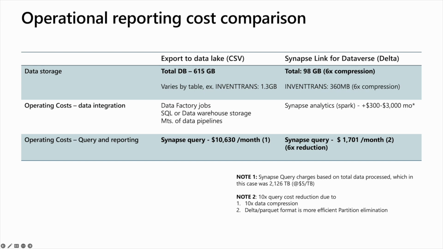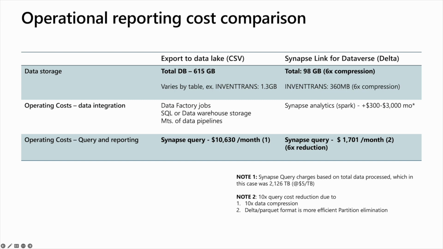The cost for their workload was around $10,000 a month. Just as an example, if we apply 6-times reduction, the cost of the Synapse query can go 6 times less,